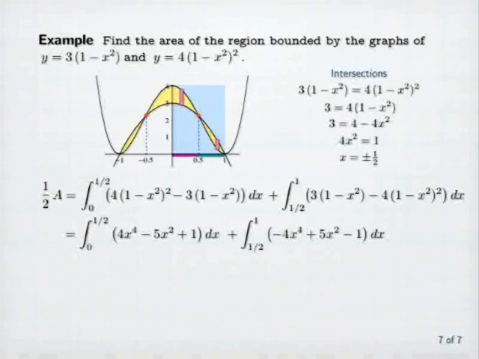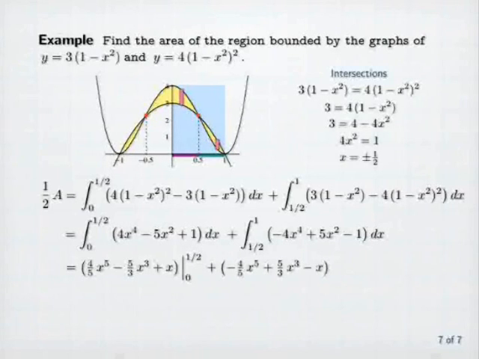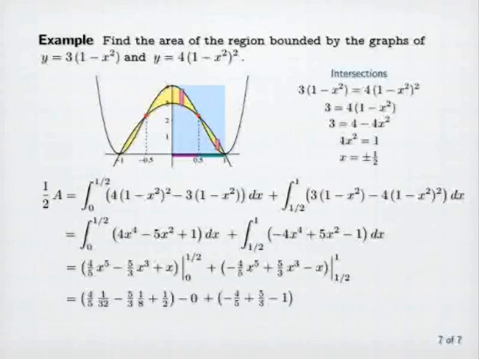Now let's antidifferentiate and evaluate between the endpoints. Our antiderivative is 4/5 x to the 5th minus 5/3 x cubed plus x, and for the second term we just have the negative of that same antiderivative evaluated between 1/2 and 1. Now we substitute 1/2 into the first term and subtract its value at 0, which is 0. Then we add the value of the second antiderivative at 1 minus its value at 1/2, and so now let's